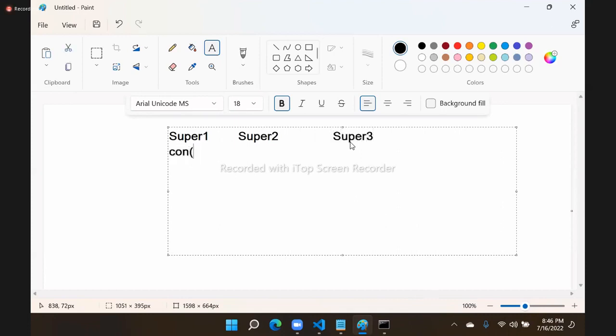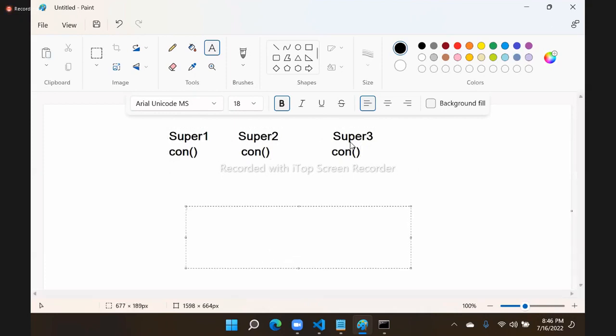Every class is having a constructor. Now we are creating a derived class, and the derived class is also having a constructor. In that, we have to call the superclass constructor. In the derived class we have to call the superclass constructor, and the derived class